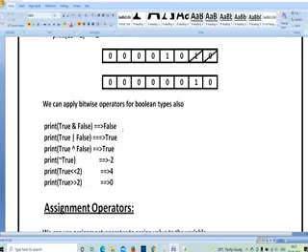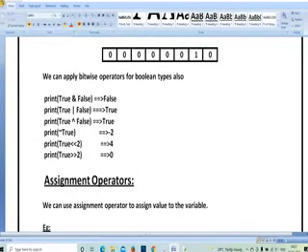For performing bitwise operators on different conditions, what are the outputs you are going to get? For example, you take a condition like true and false, meaning one condition is true and one is false. In an AND operation, you are going to get false. In an OR operation, with one condition true and one false, you are going to get true. In OR, at least one condition should be true. In a NOT operation, not false means you are going to get true. In the bitwise operator, whatever the input you give, you get the opposite as output, meaning plus 2 gives minus 2, plus 7 gives minus 7, minus 7 gives plus 7, like that. Next, left shift means it is going to shift values to the left side, right shift means it is going to shift values to the right side.